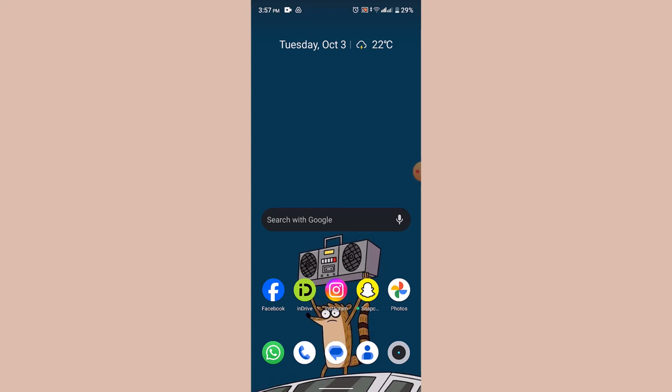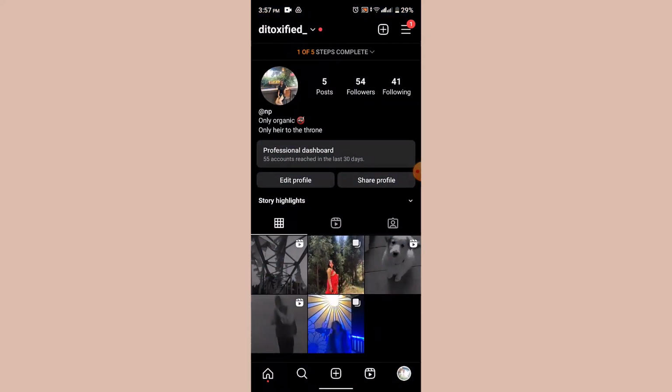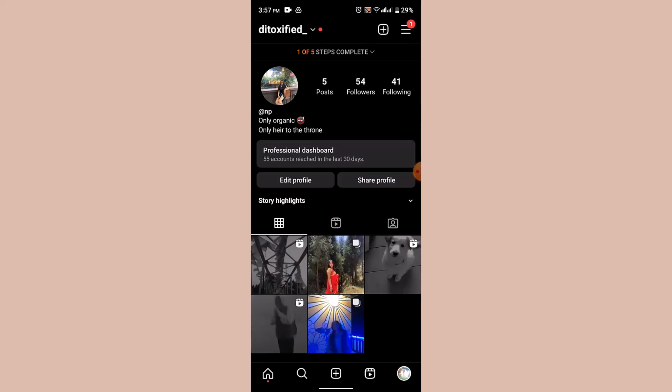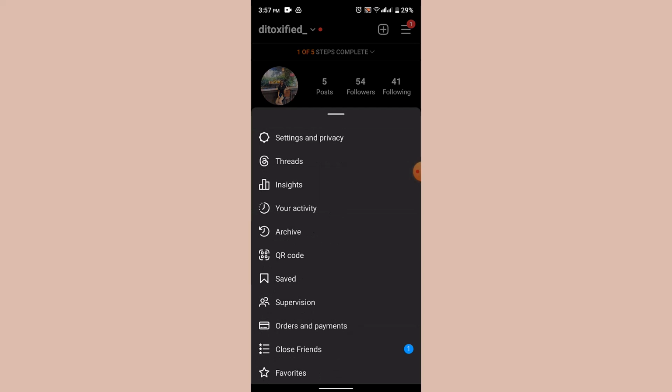Today's video is based on how you can turn off active status on Instagram. So in order to turn off active status on Instagram, go ahead and open up your Instagram application or log into your account. As soon as you're logged into your account, click on the profile icon in the bottom right hand side corner. After that, go to your tab bar icon in the upper right hand side once again,